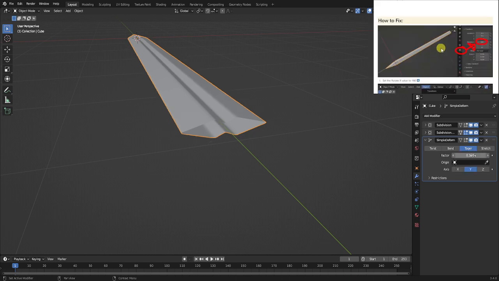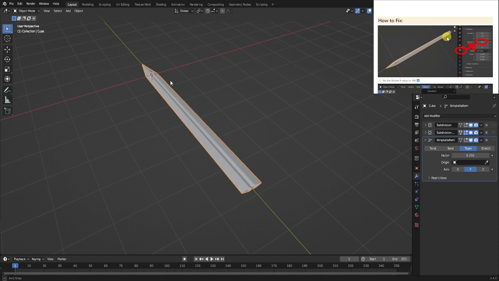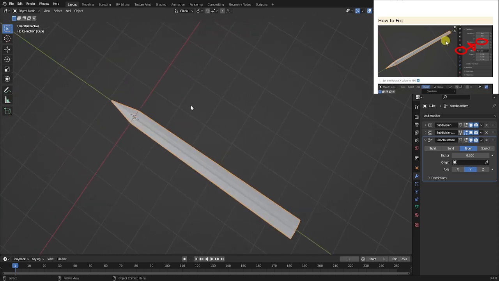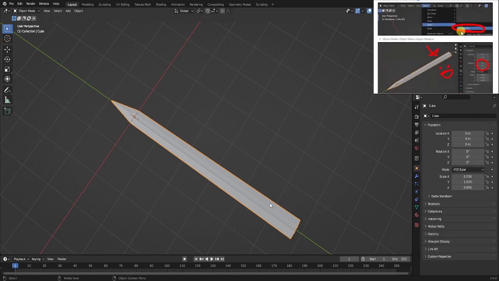And a special updated note from our frequently asked questions. If your taper effect is getting smaller at the base, this happens because technically your blade is rotated in a different direction as mine. So if you're having this issue, rotate the blade 180 degrees, then hit apply rotation. This should fix the